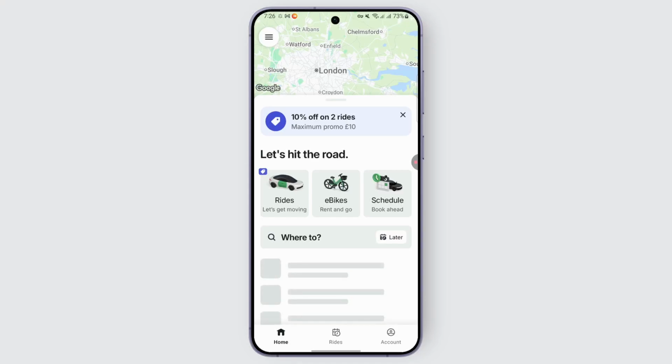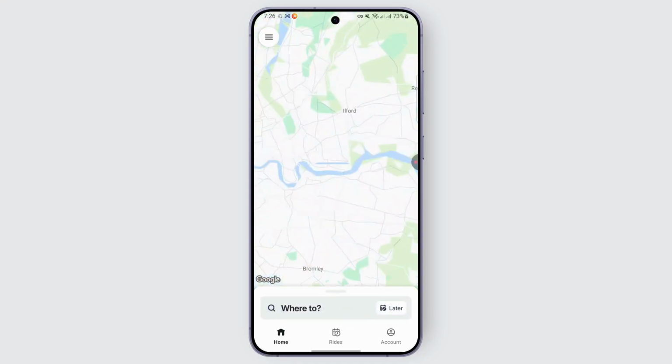And that's it. So therefore, if you'd also like to request a Bolt ride, you may just head over and